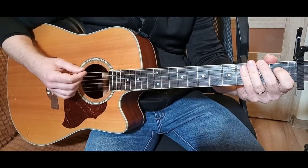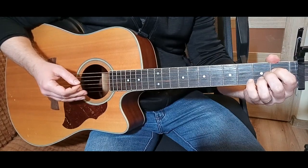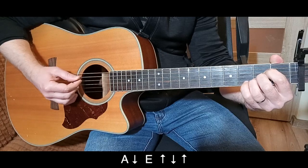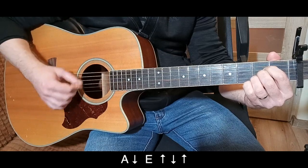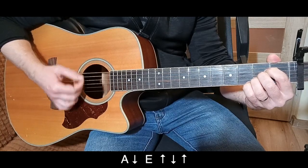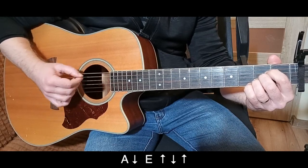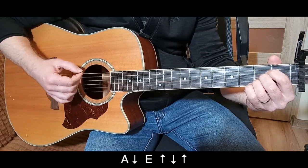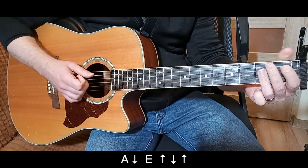So for the strumming pattern, for the whole song, try to keep in mind a standard country style strumming pattern that you can play like this: open A string, down, open E6 string, up, down, up. So as you can see, I'm alternating bass notes here: A5, down, E6. Up, down, up. And for the right hand,